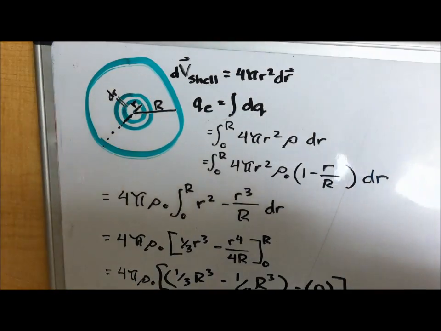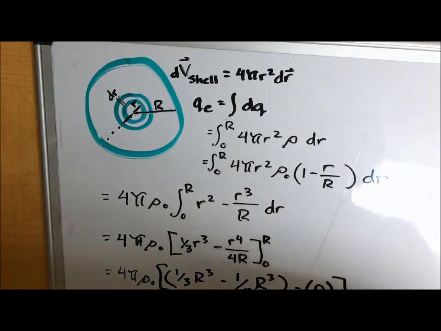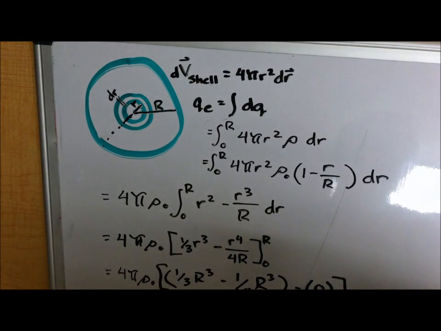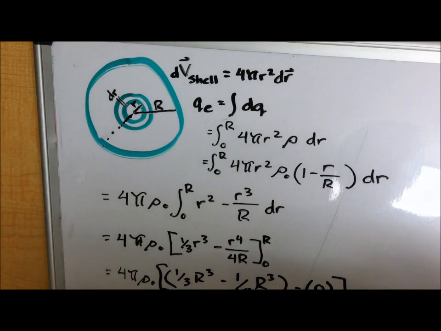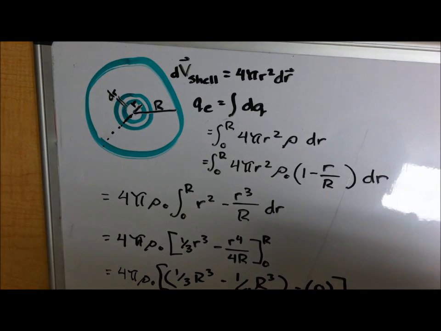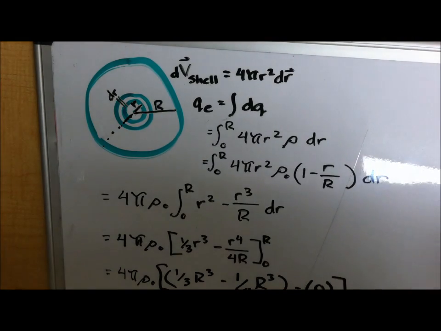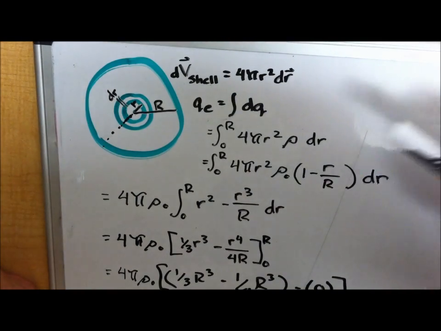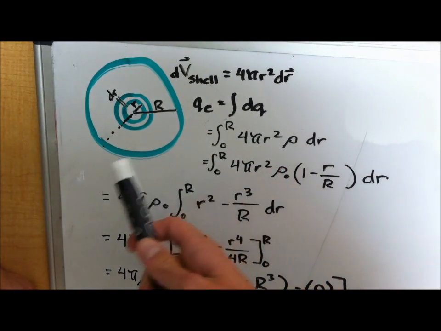Hi guys, alright, we have chapter 28, number 58 here, in which part A asks us to show that rho naught equals 3Q over pi R cubed. In order to do this, the hint in the book says we'll need a volume integral. So for the volume of this sphere integral here,